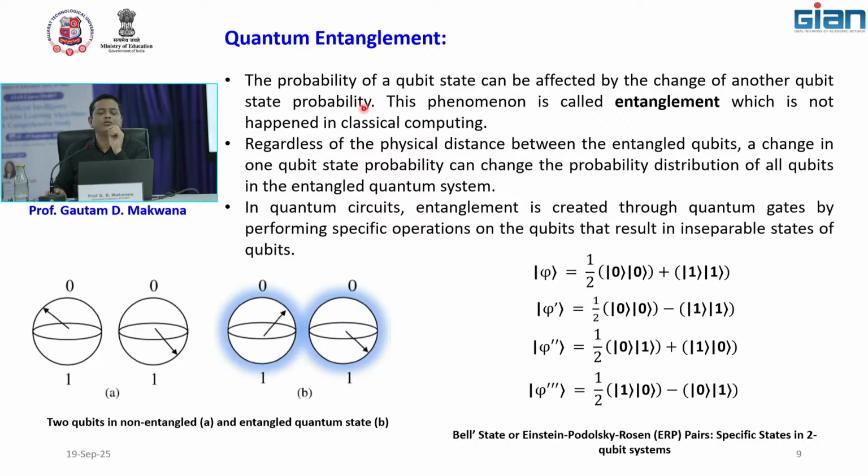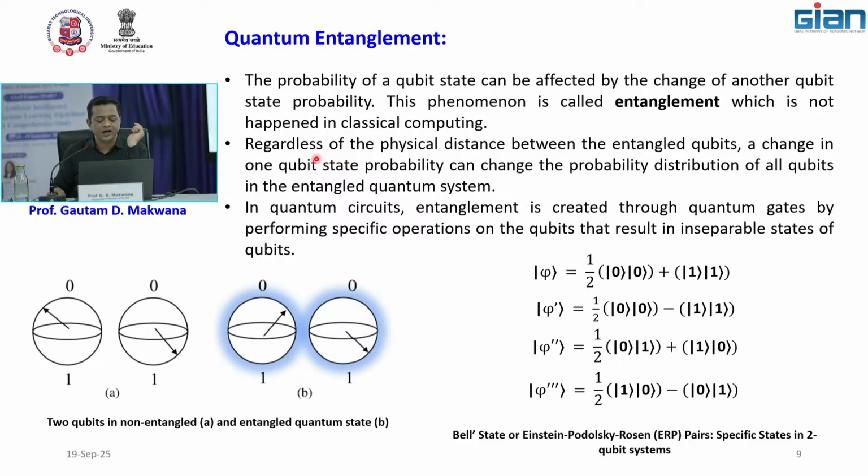But in quantum physics, even if a quantum particle is very far away, there is a possibility of dependency between the first particle and the second particle. That is known as entanglement. There is a dependency of one quantum particle on another particle, which is used to change the state of the qubit, and that is known as entanglement.